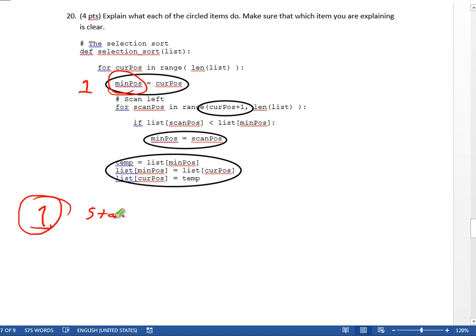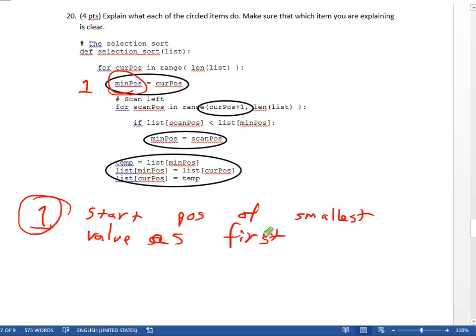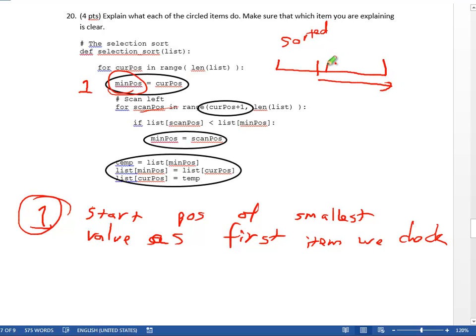We start with the position of the smallest value as the first item we check. Then the next part of the loop will basically go through the list in order to find any smaller items. For a position in range, current position plus 1. If we've got a list right here of numbers and this is sorted, we start looking here for the rest of the items. We say that this is min, and then we start from the current position,